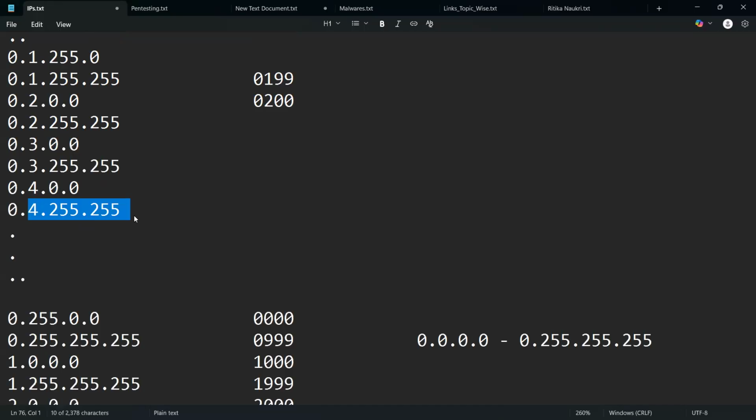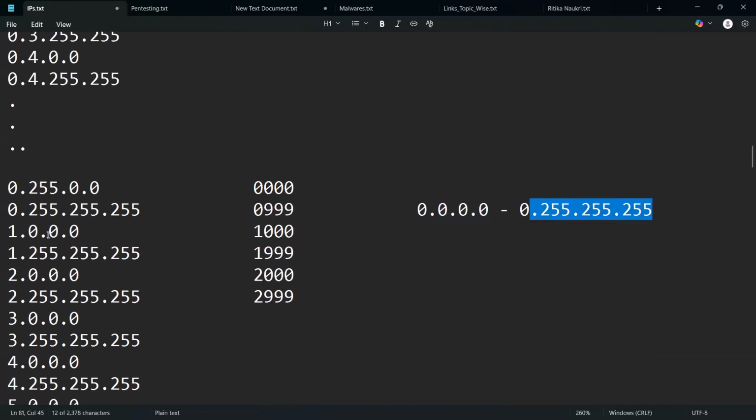700 to 7255255. And finally, somewhere down the line, you would have 255.0.0 to 255.255.255. Once all these three octets are full, they cycle back to zeros, and the last octet changes to 1. So whatever repeated from the first IP, 0.0.0.0 to 0.255.255.255, the same entire pattern will now repeat again from 1.0.0.0 to